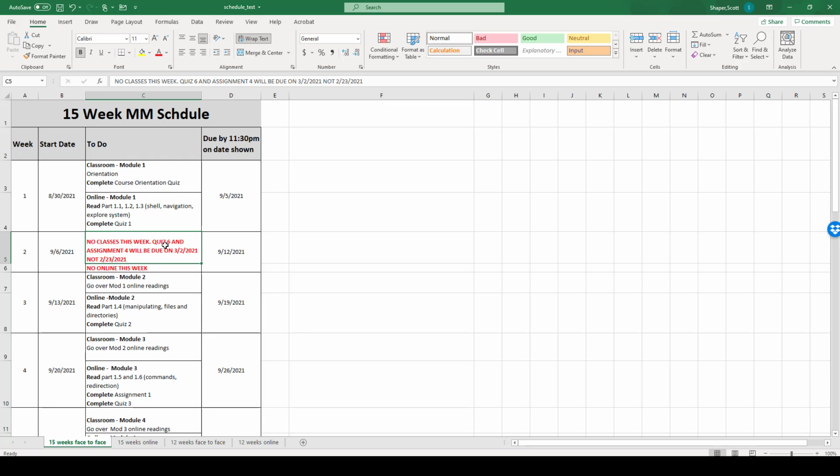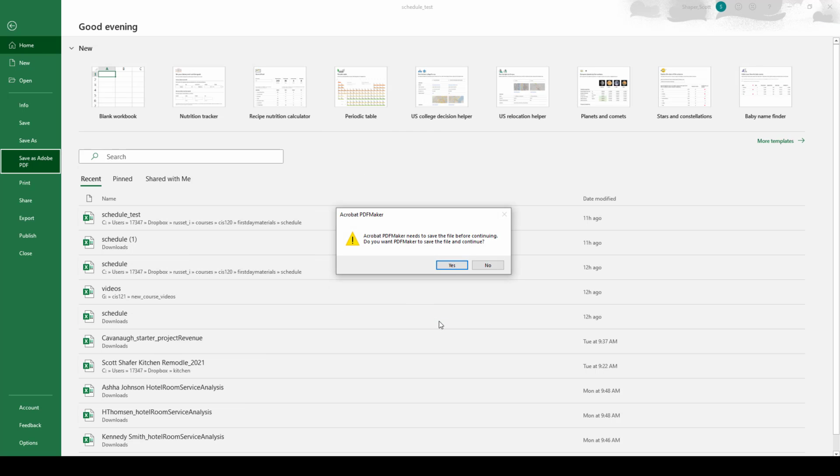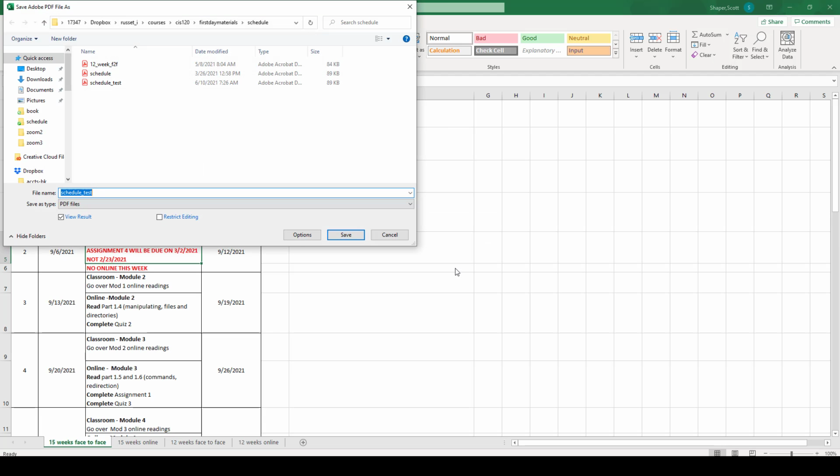Oh, one more thing. Okay, so to print a schedule is actually very easy. You just do File, Save as Adobe PDF, and select whatever one you're doing. It's going to be, say, the 15-week face-to-face. I always do fit to paper width, okay? And I just do convert to PDF, and it's going to save it, yes. And I'll just do it there. I'll just call it schedule test. It's going to overwrite this one, and we'll view the result. So if I hit save,